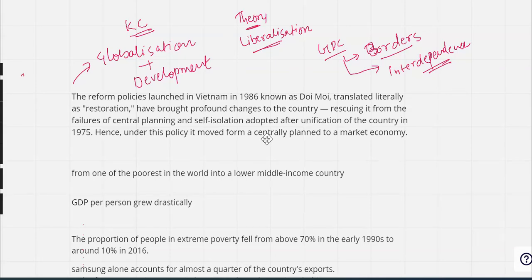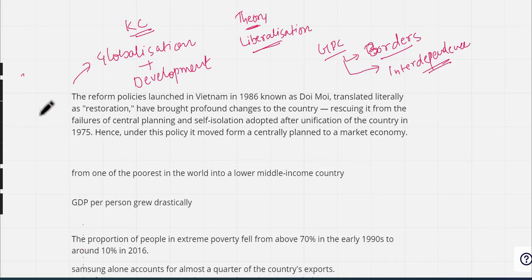Today we are going to take the case study of Vietnam. This Vietnam case study is linked to the key concept of globalization and development. This is a positive case study, the impact of globalization in a positive sense. The theory, what you can think of is liberalization over here. GPC, you can think of borders, which is connected to interdependence and connected later on to globalization or intermingled with